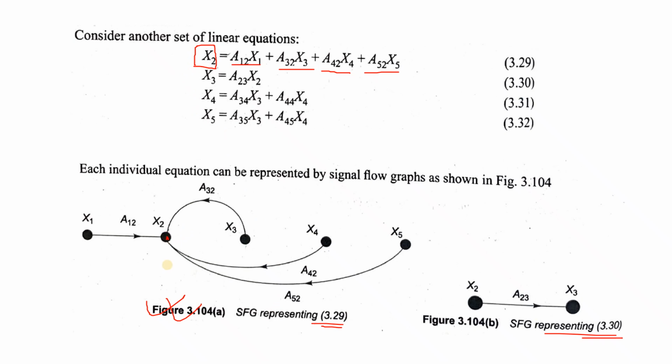So x2 is the output signal. So x2 is the output over here. x2 is represented like this. First one is a12 into x1. So x1, x2, x3, x4, x5 all are signals, and a are the constants or the gains. So x1 will be a signal, multiplied with a12 you will get x2. So when this signal is entering x2, then x2 is nothing but x1 into a12. Then this signal will be added with this. So another signal has to be added to this particular x2.